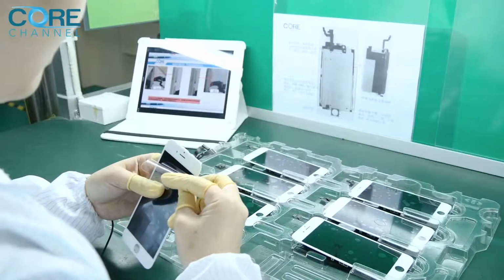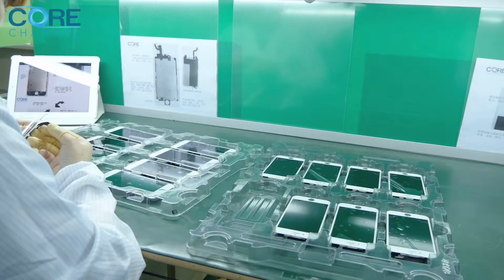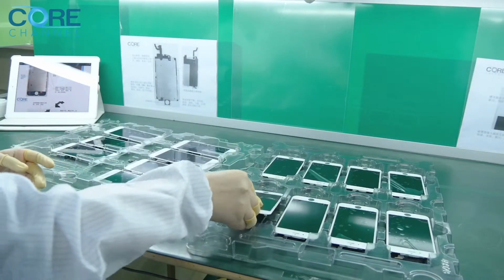A 10% sample from the total is inspected by our personnel. A golden sample, as well as thorough inspection criteria,